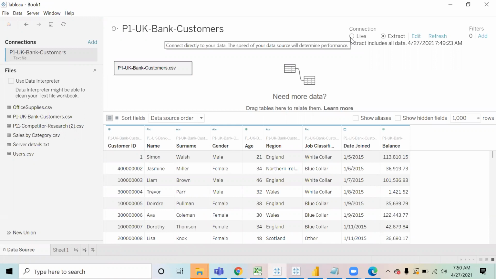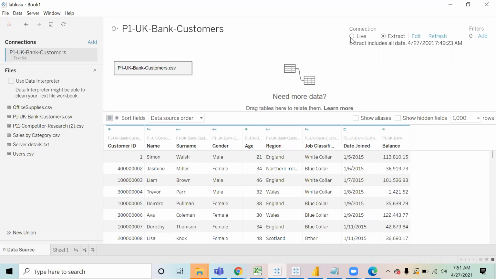Okay. So, let's say right now this is a text file through which we are creating the extract, and which is saved locally, right? The extract first needs to be saved locally. Like we take the system data and we save it locally, and then we feed it in Tableau. You can save it locally also. If you want to save it on the cloud, you can save it on the cloud also. So you can save it anywhere. This extract can be saved anywhere.